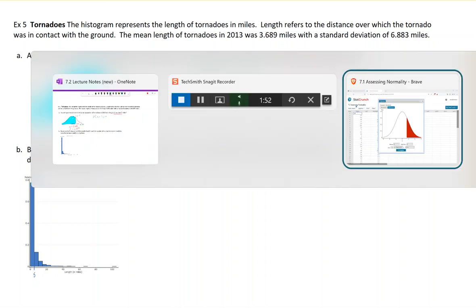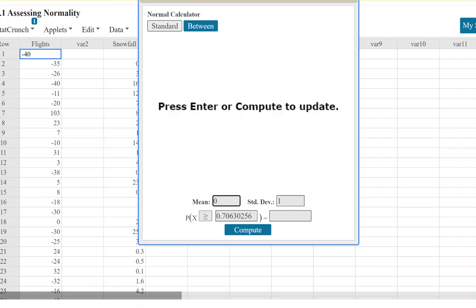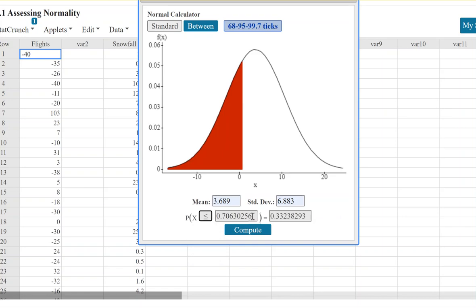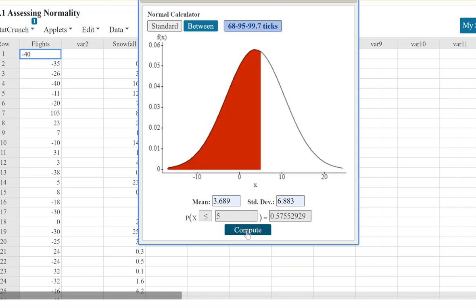So switching back to the calculator, we have a mean that was given to us in the problem of 3.689, so we're going to change that to 3.689. We're going to change our standard deviation to 6.883. We are looking to change this symbol to less than, and it's 5 miles, so less than 5 miles. So I have everything entered into the calculator that I need, and when I hit compute, you'll notice that it says